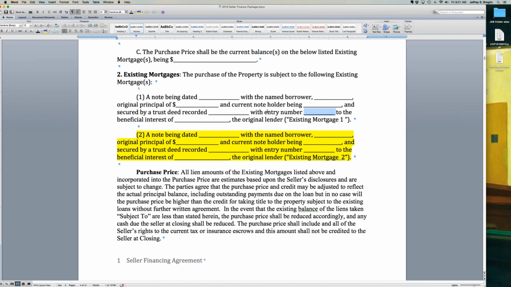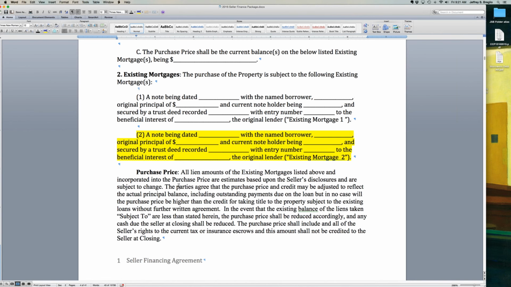This is the entry number. Every county records things differently. Some use an entry number, some use a book and page, and some use entry number as well as a book and page. So you kind of got to learn the art of how these things are recorded. And you can get this, honestly, right off the PR. So again, get that PR from your title company because it's going to give you all this information and you don't even have to just copy and paste. It's that easy. But this is where the mortgage was recorded. Okay, so we're going to just assume one mortgage and we're going to take all this